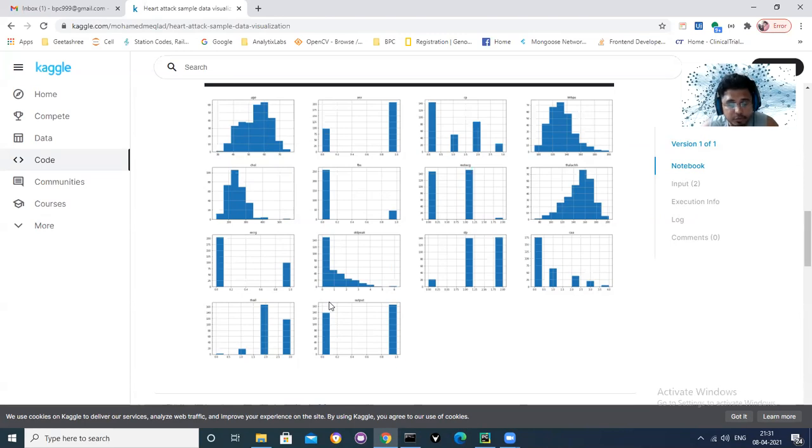So what kind of tools will you keep in your box, and how will you use those tools to assess the problem and then approach the solution? That is completely your personal choice. So what I am telling you is some of my personal choices, and I am giving you the Kaggle website as a link of reference from where you can learn some more tools. Out of all this, you can develop your own set of tools.